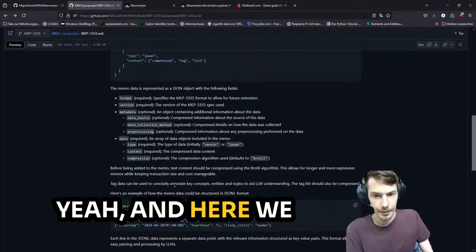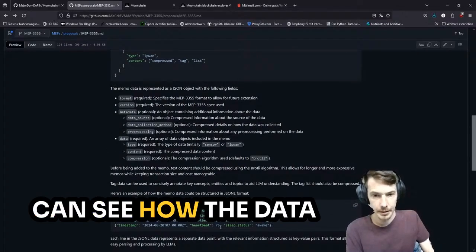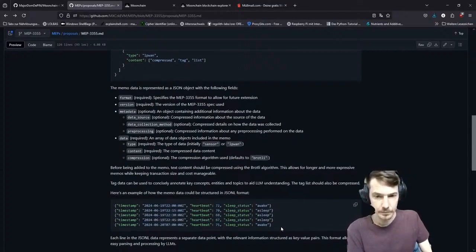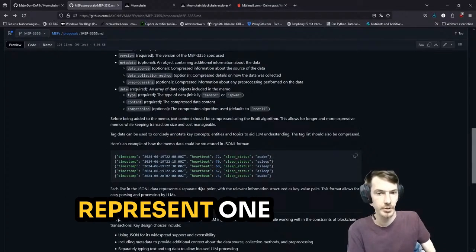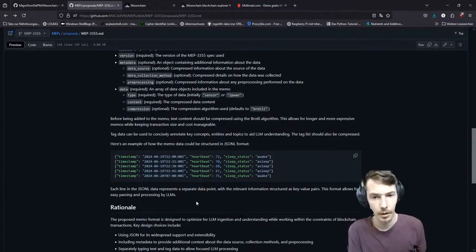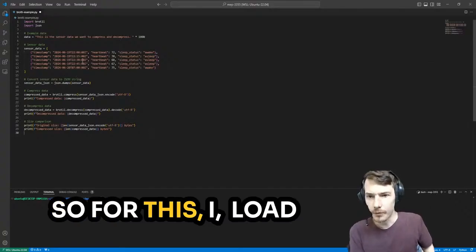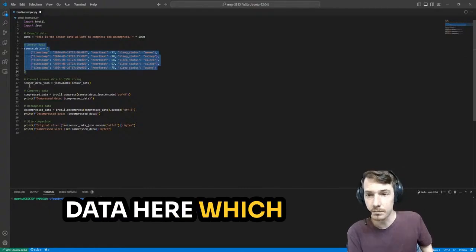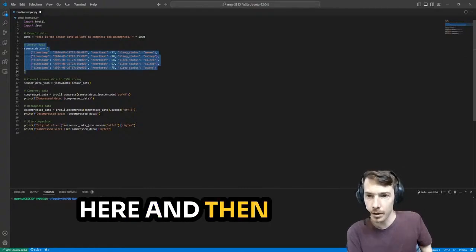Yeah, and here we can see how the data would look like when it's not compressed. Each line would represent one separate data point. So for this I wrote once the sensor data here, which will be compressed here and then printed out, and